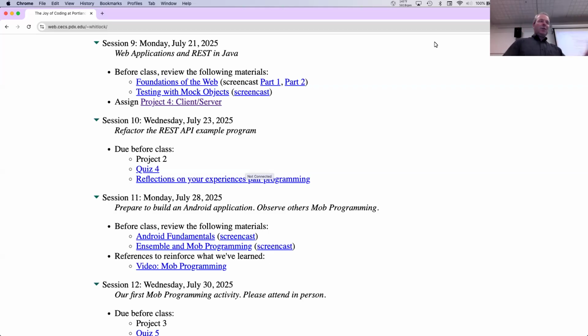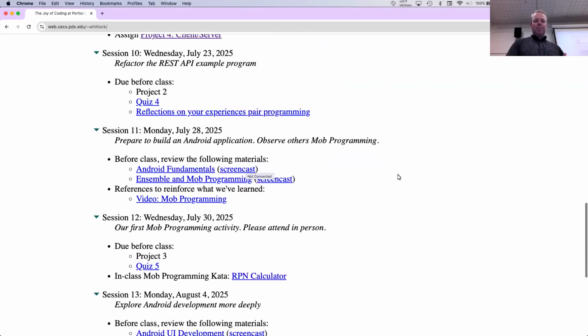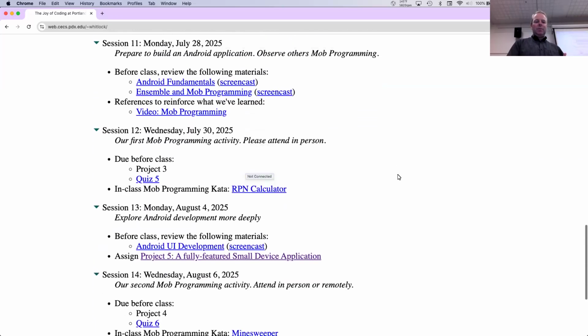And then I wanted to also skim ahead to the rest of the course. The remainder of the course will be divided between two topics: Android development and mob programming. So next Monday we're going to do two things. I'm going to walk you through how to set up your development environment for building an Android application. Even though I'm not going to assign the project quite yet, I don't do that for another week,